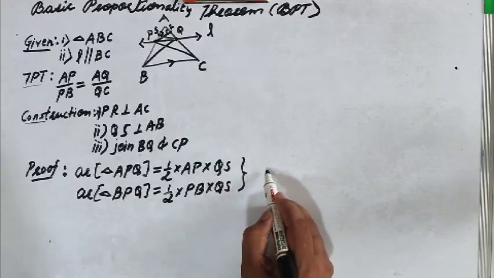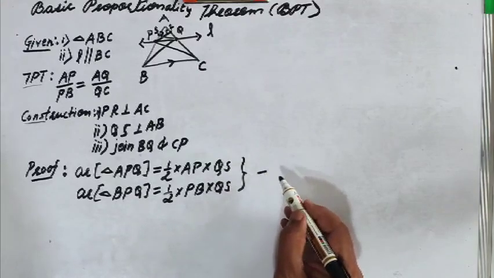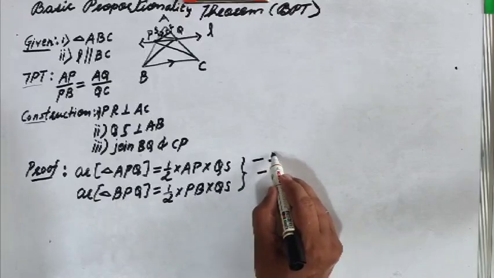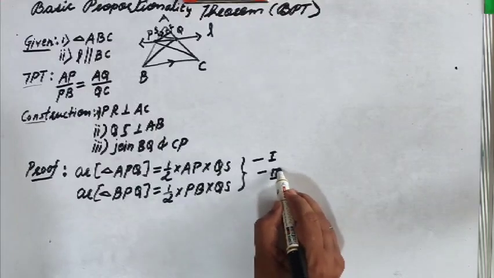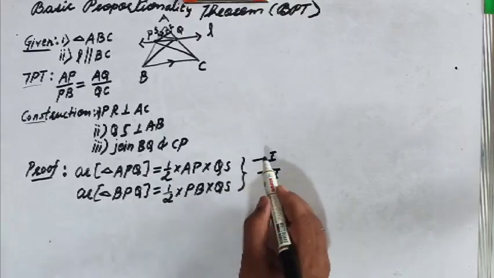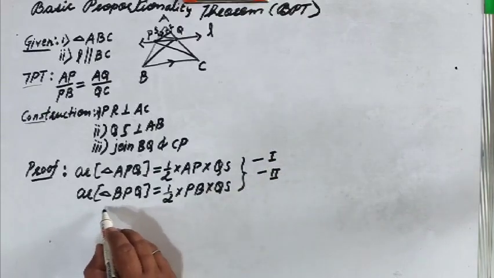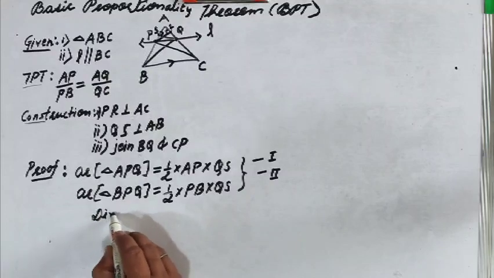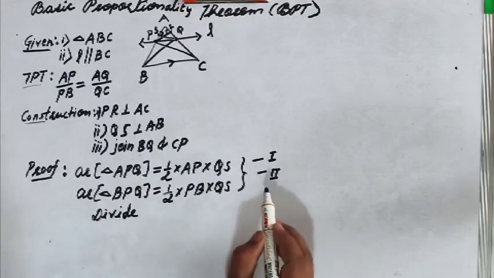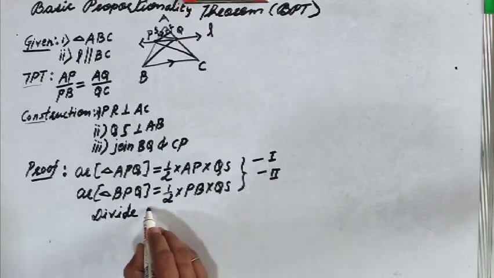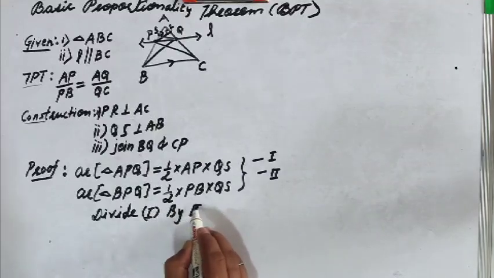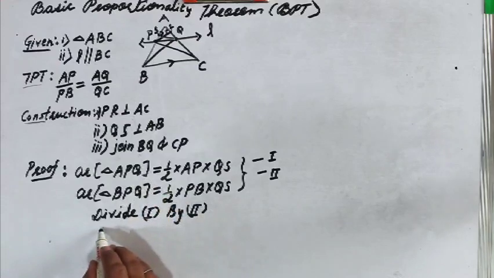Let it be point number 1, and this is point number 2. Now, if you divide 1 by 2, let me make a correction, divide 1 by 2. So when you divide this, you will get the area of triangle